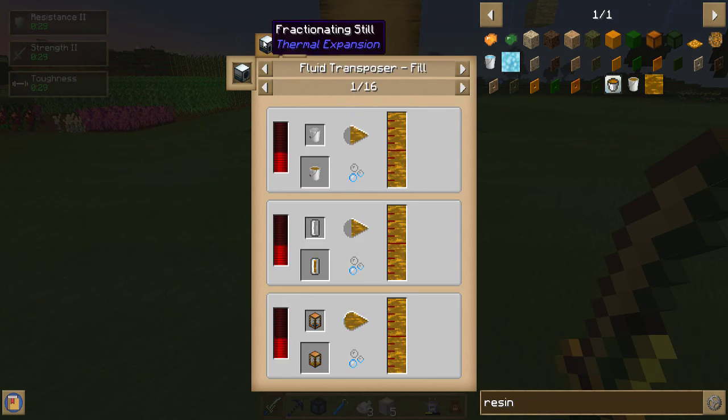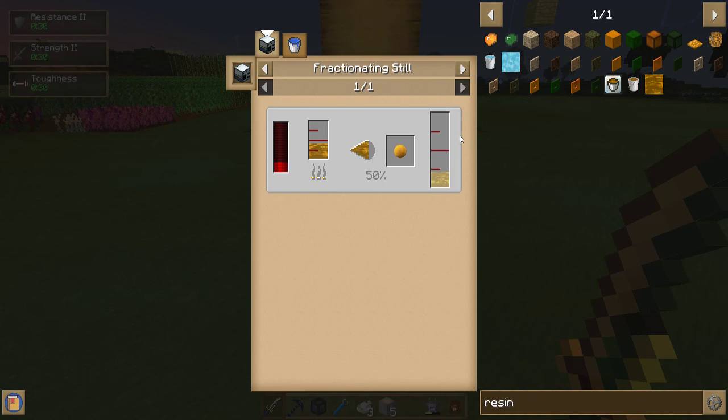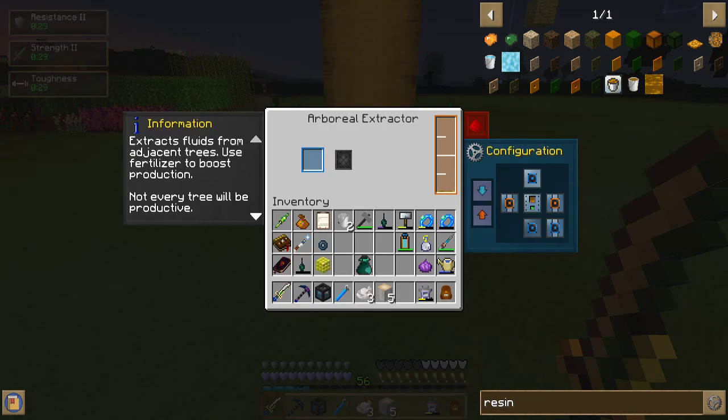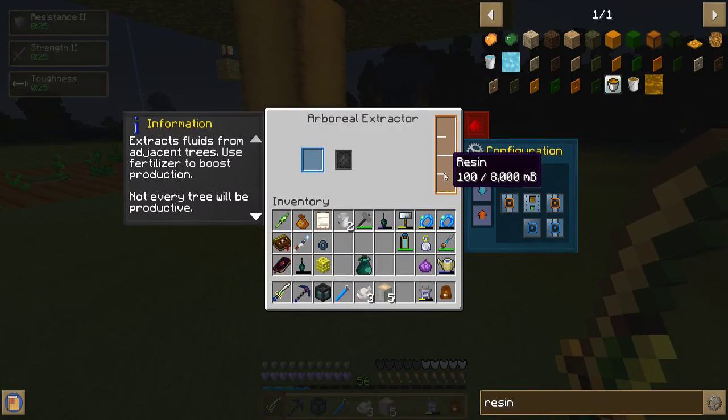Alright. Okay, so rosin, I can make aqua chow out of. The slime ball replacement looks like. Also, signalum cell frames. Alright, and then tree oil, I can burn. Alright. It holds 8 buckets, and it seems to get rather slowly. Now I can